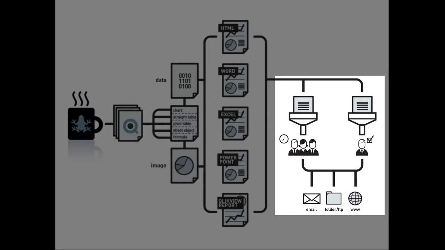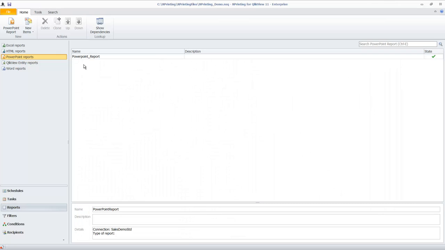Delivery can be via email as attachments. HTML format output can be embedded into the email message body. We can save to local and network drives, use FTP for SharePoint integration, and also use FTP to save files and images to websites. To make a report, we select the type of report we want to make up here,